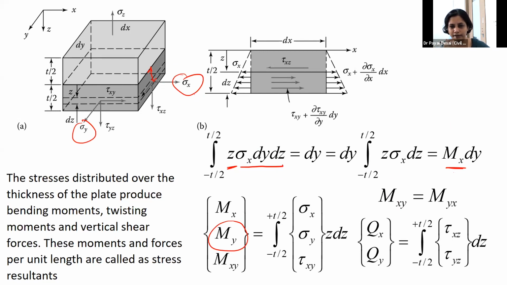Now the third quantity, that is tau xy. If you integrate the tau xy, you may see here the tau xy, this force will also produce a moment. And then if you integrate with respect to the thickness, this is a lever arm, that z, if you multiply that with the z and tau xy and the cross-sectional area, you get basically the twisting moment. Okay, so I want to replace tau xy with the twisting moment.